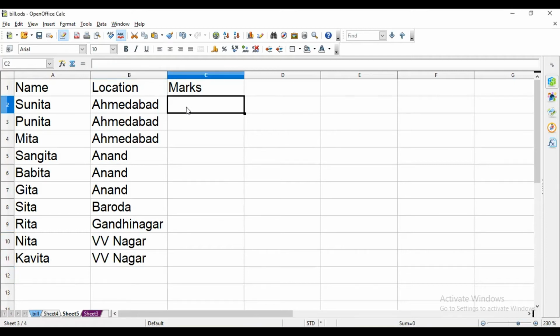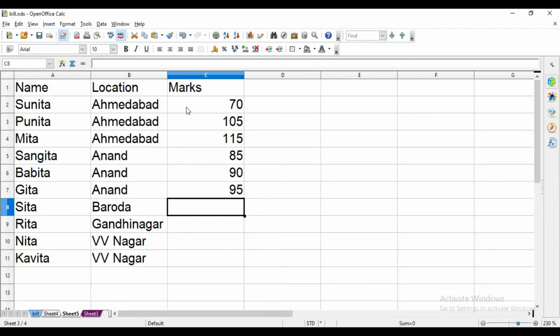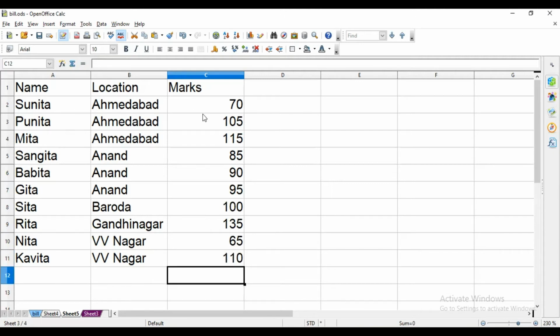And their marks, for example, 70, 105, 115, 85, 90, 95, 100, 135, 65, and 110. Now we want to filter this data.